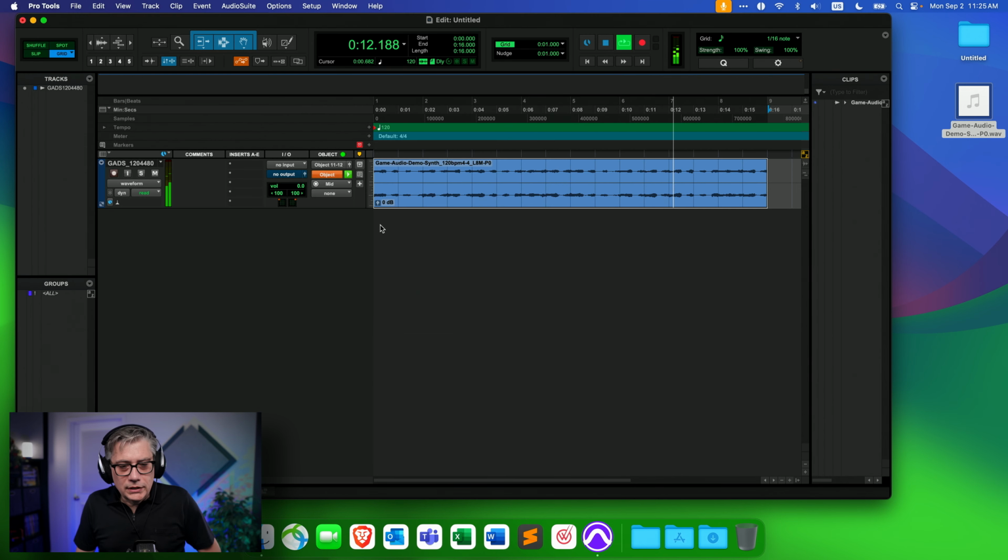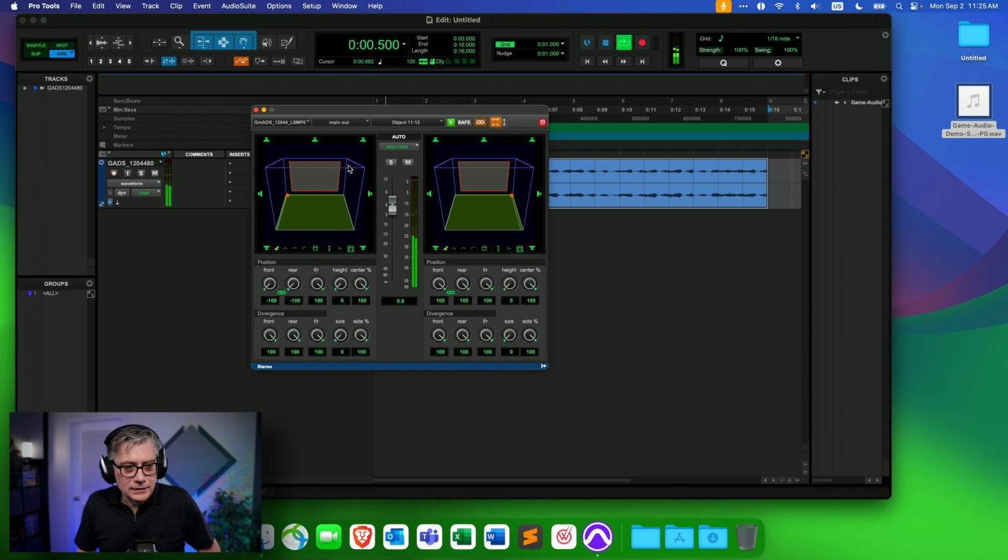And you know that how you would normally work is you would then open up the panner and essentially manipulate the individual parameters that you have here in order to position that in 3-dimensional space. Now, obviously in Pro Tools, because you have so many options, that can be quite cumbersome. And if you automate all of them, that actually is a little bit much. So we would like to have something that is a little bit simpler.